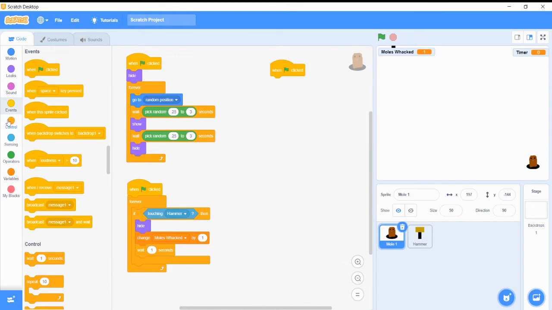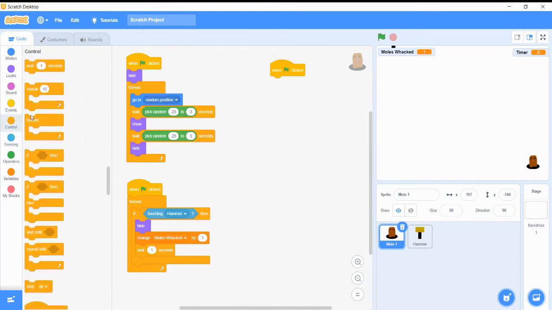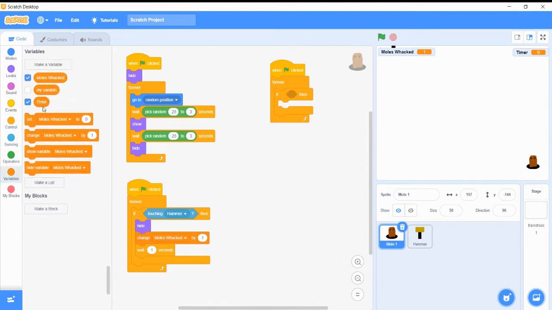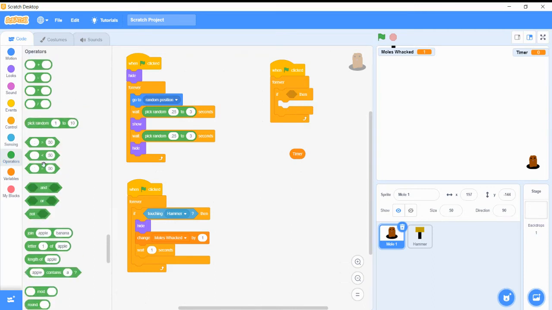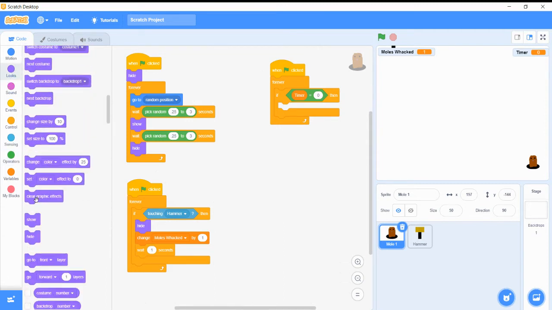When the green flag is clicked, and we're going to check this forever, if the timer, now notice how it doesn't fit in, it's a different shape, so we need to compare something, so we need to use our operators. If the timer is equal to 0, so forever, if the timer gets to 0,